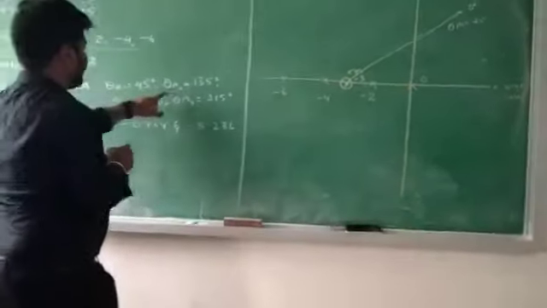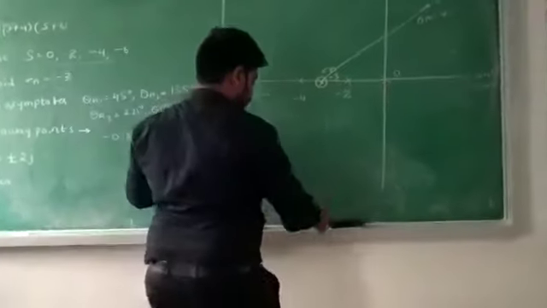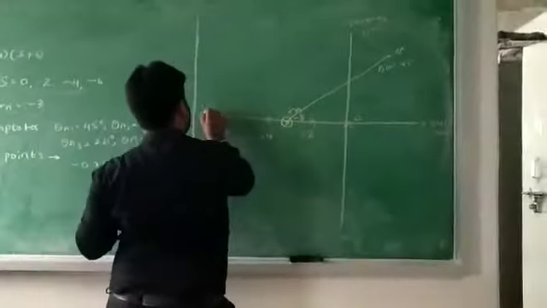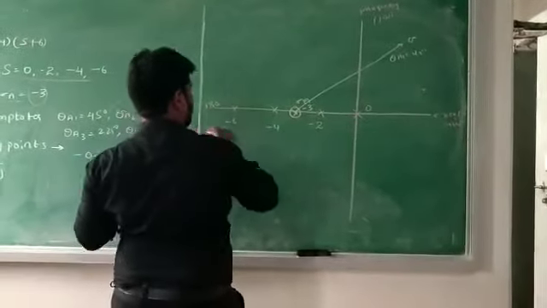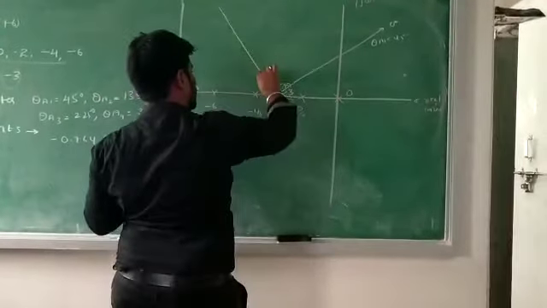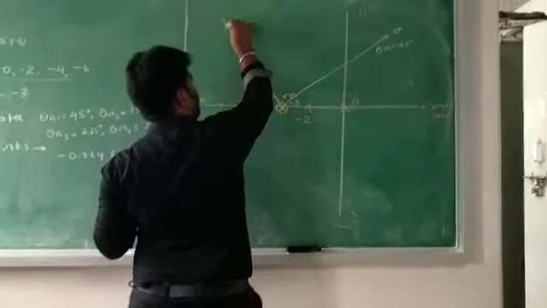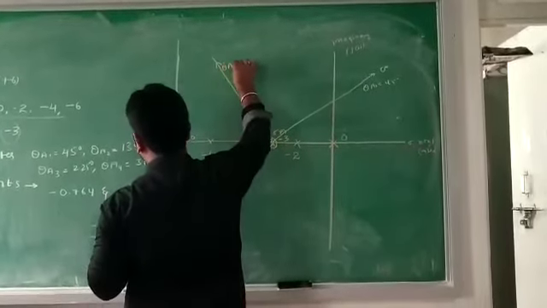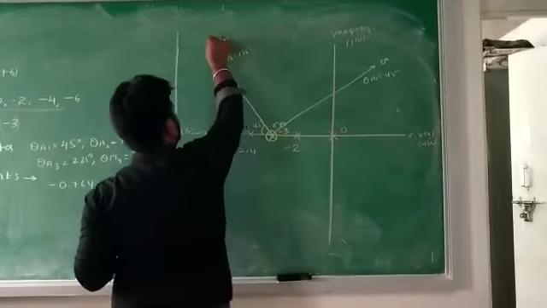Next, theta A2 is another angle, 135 degrees. You should take that as well. As I told you, it comes in the second quadrant, that is 180 minus 135, which is again a 45 degree line. So you can take 45 degrees here also. This is theta A2 is equal to 135 degrees, which ends at infinity.